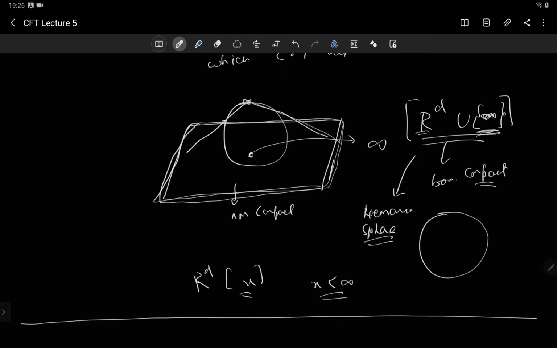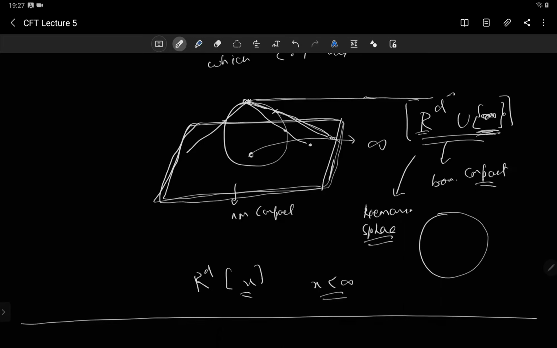You have done this stereographic projection many times. So you do this projection, then this line cuts the sphere at one point and cuts this plane at one point. So this point is mapped to this point, and so on. In particular, if you draw a parallel line, this point gets mapped to infinity.